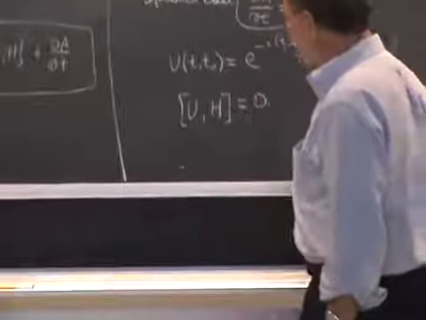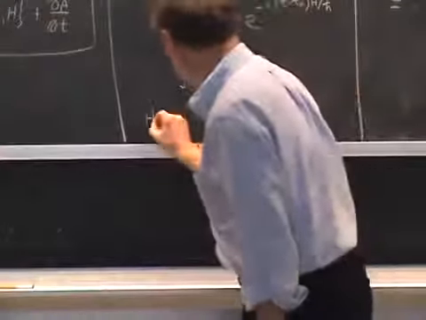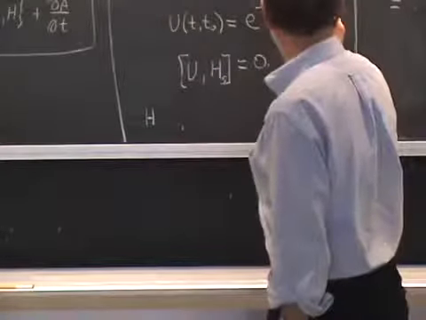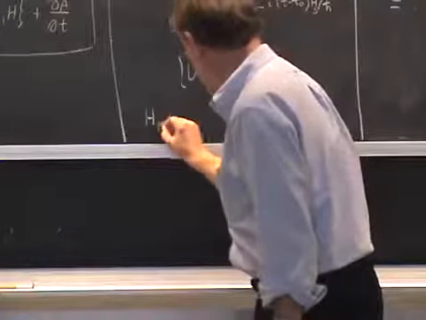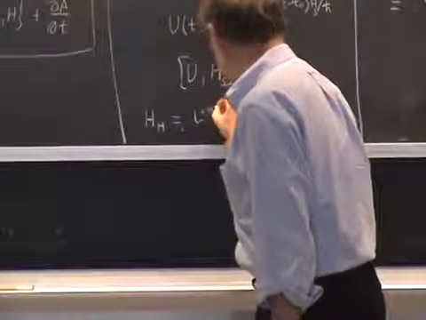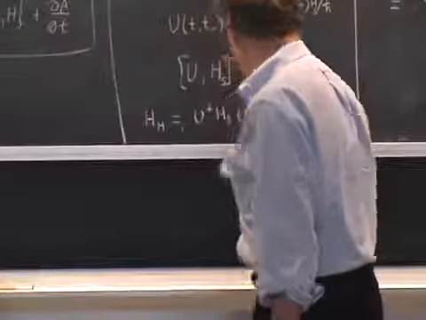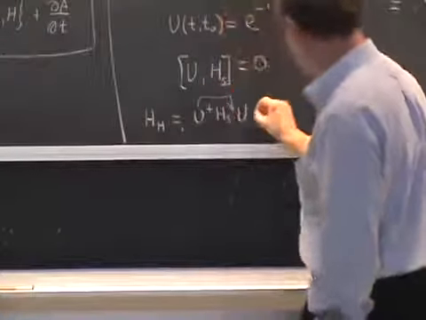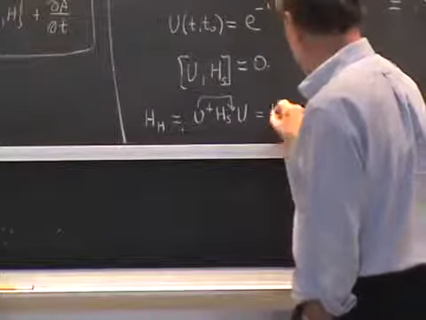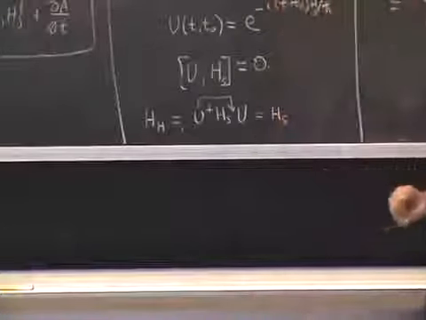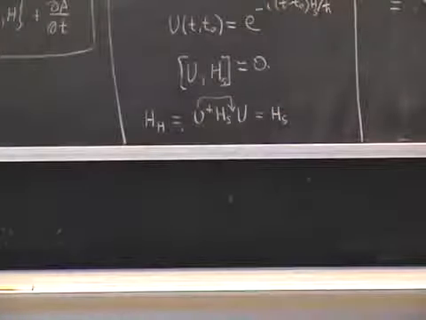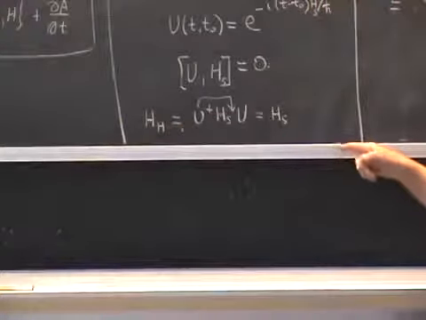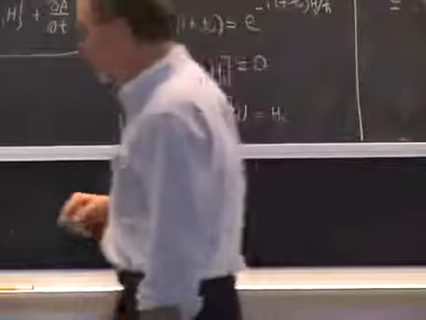This is the Schrödinger Hamiltonian we're talking about here. And as a result, if we take the Hamiltonian in the Heisenberg picture, which is U dagger times H Schrödinger times U, if H Schrödinger commutes with U, I can bring the U dagger past the H Schrödinger, and it cancels out with the U on the other side, and I just get H Schrödinger. So when the Hamiltonian is independent of time, the Schrödinger Hamiltonian and Heisenberg Hamiltonians are actually the same. It's a nice simplification.